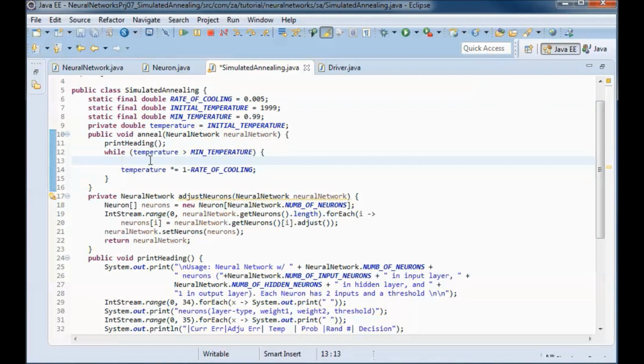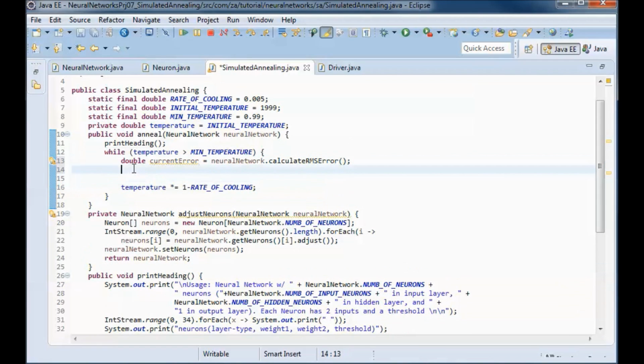And inside this while loop, I will start by picking up the current error by calling calculate root mean square error on this neural network that is passed in.